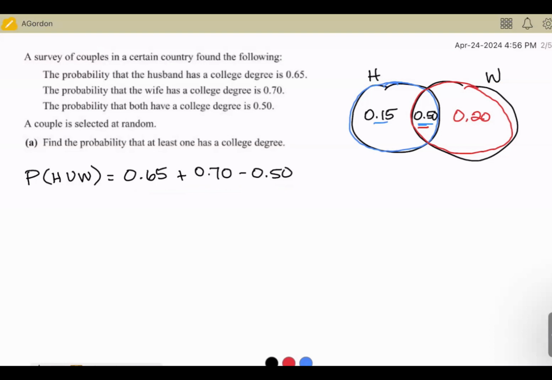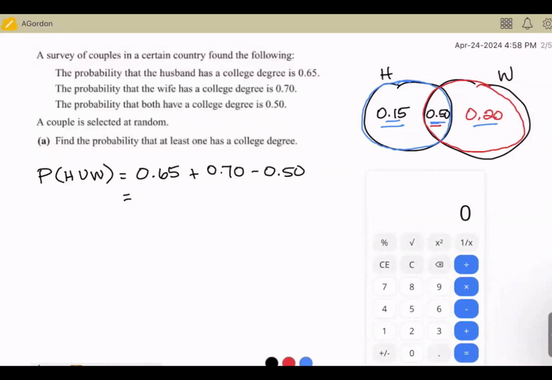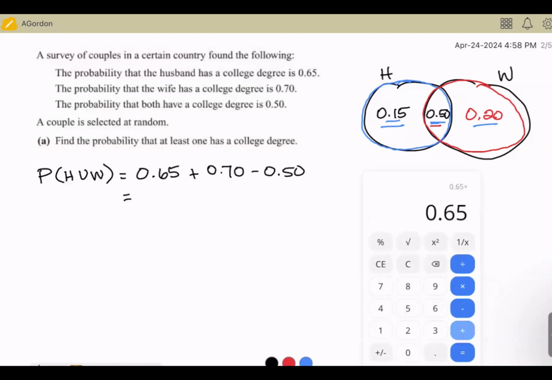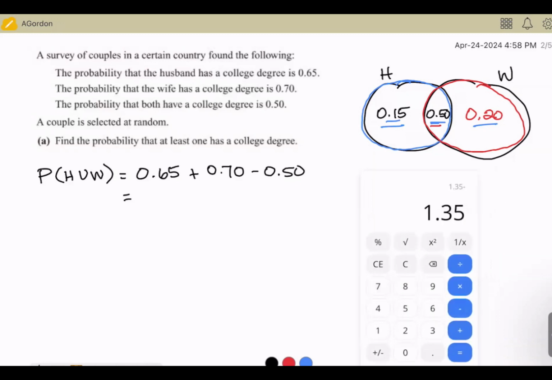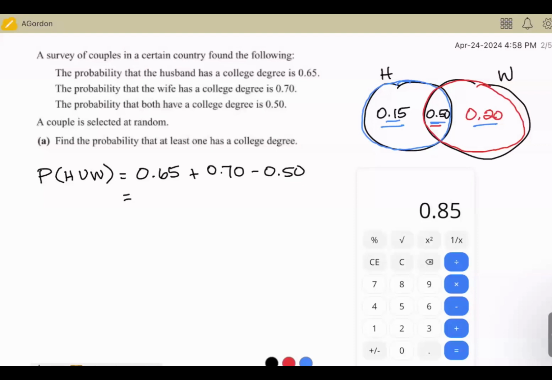And that will give us the probability of at least one. Put it in the calculator here. Okay, so this gives us